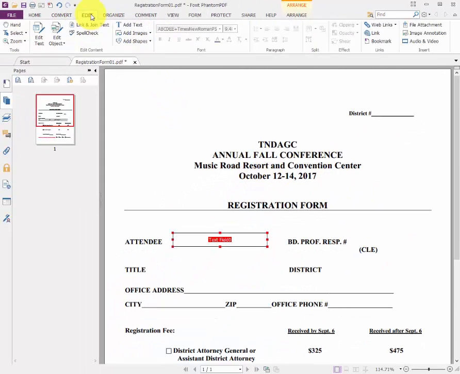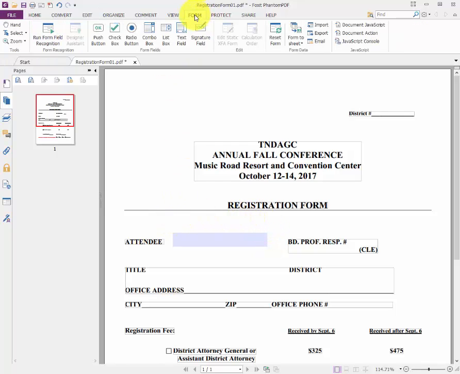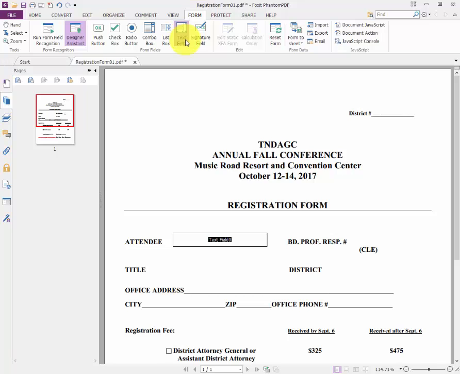And say if I were to click away, go to the Edit tab and click on Edit Text. When your recipient receives it, they'll receive it here. They're going to click in this and they're going to enter their information. We'll get back to this. Just wanted to show you what it would do. I'm going to go back to the Form tab, click on Text Field,